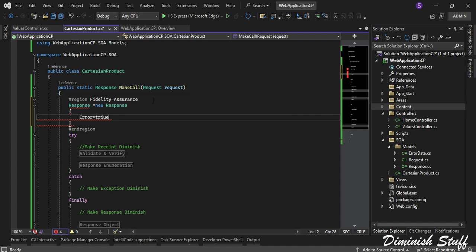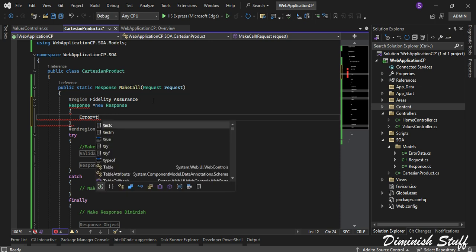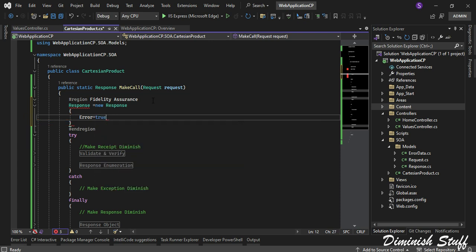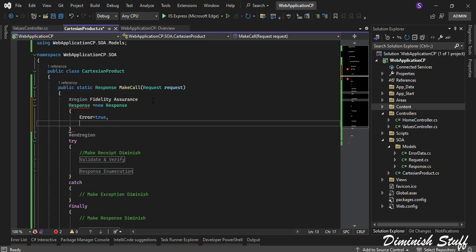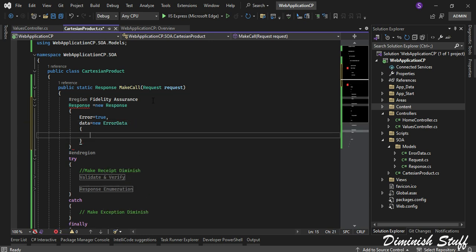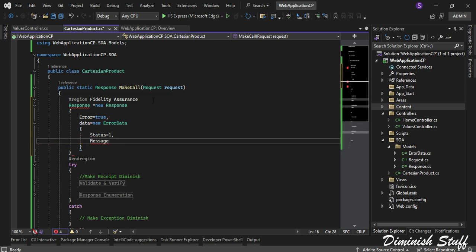So I will say that the error is set to be true, and I am going to instantiate it with some values that will be some data, and that data is going to have some information in that, and the information will be some status, I guess so, and status is going to be 1, and I'm going to give some message, and message is going to be from our